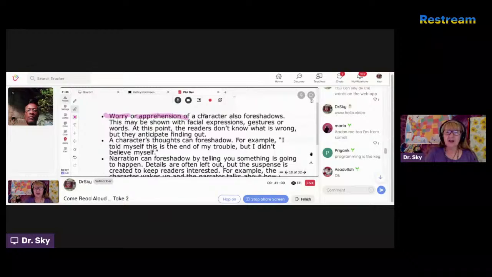Worry or apprehension of characters also foreshadows. This may be shown with facial expressions, gestures like your hands are moving, or words.